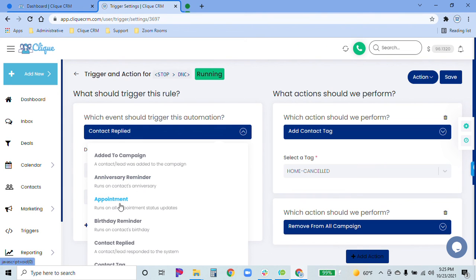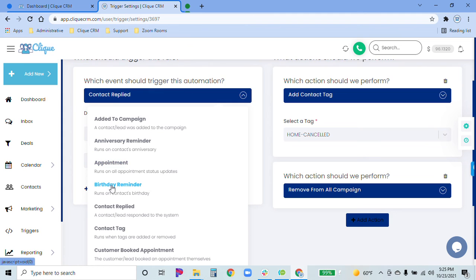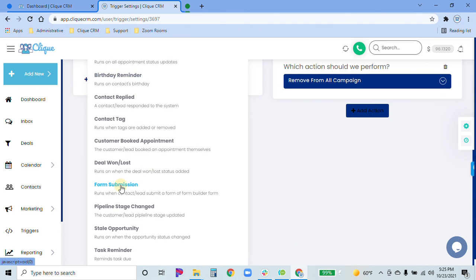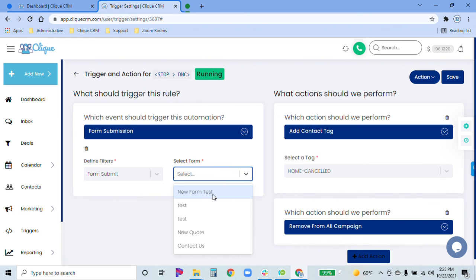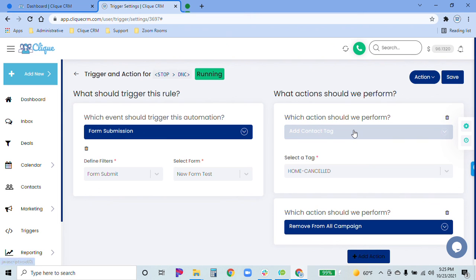for the trigger itself. So the trigger itself is going to be a form submission. And we will say a form submit rather than a duplicate submission. So, you know, them submitting that same form a second time. And we will say that new form test that we just created is going to trigger adding a certain tag,